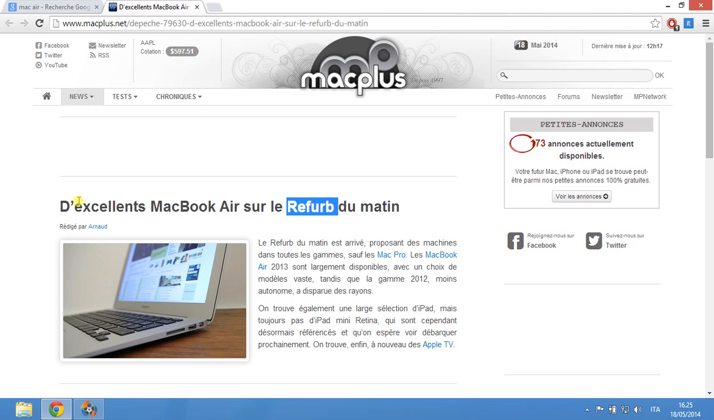So, I am reading d'excellence MacBook Air sulla refurb de matin. Matin is a friend with Italian, so I know that means morning. So, de matin will mean something like this morning. And excellence means excellent. So, there are some excellent MacBook Air on the place where Apple sells used things, and